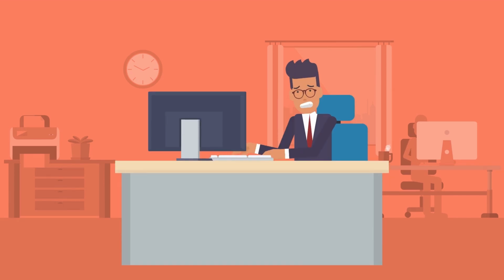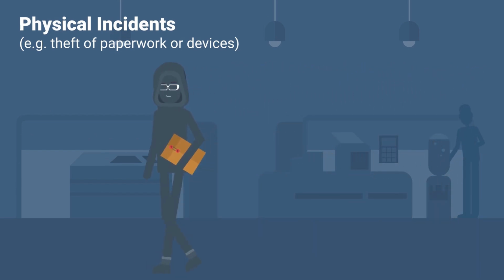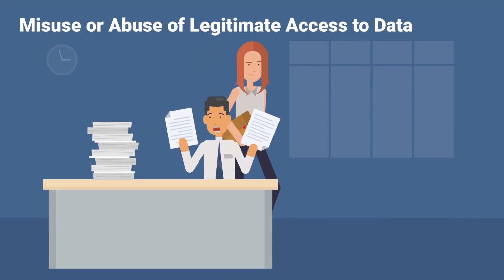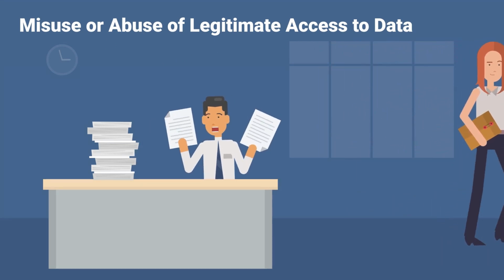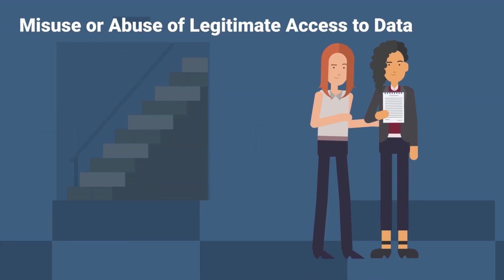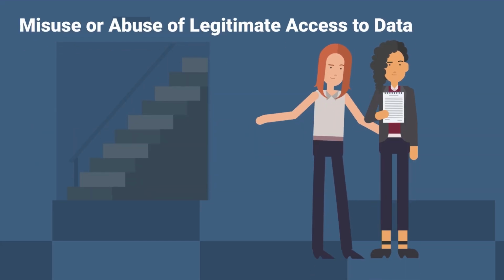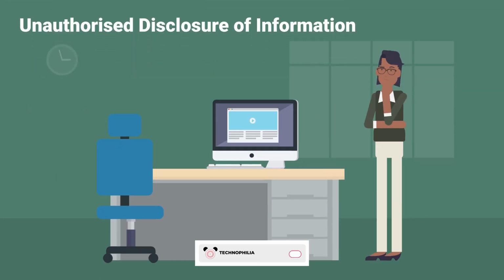Breaches involving humanitarian data may be in the form of the following: physical incidents, such as theft of paperwork or devices such as laptops, phones, and storage devices. Misuse or abuse of legitimate access to data due to either neglect of policies and procedures or data mishandling by someone who does not have authorization. An example would be a staff sharing or altering a document without following procedures. Unauthorized disclosure of information, such as sending an email containing personal data to the wrong person or leaving computer screen